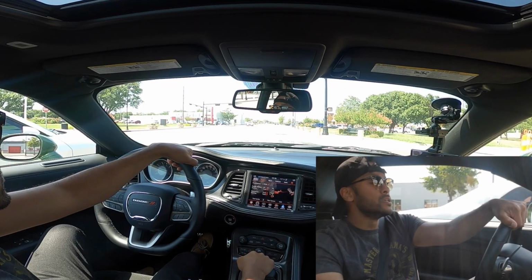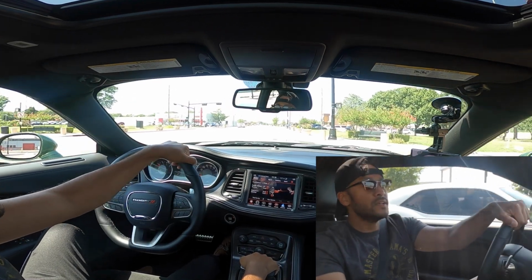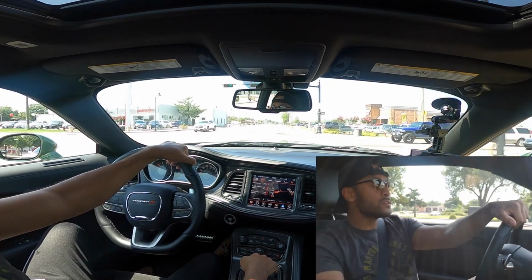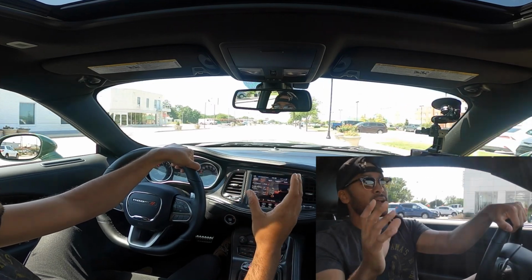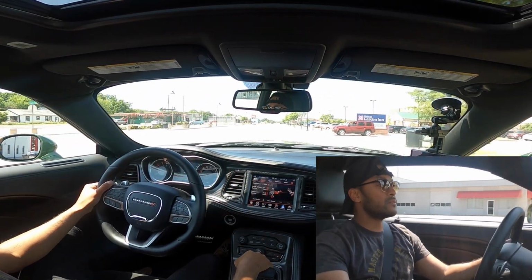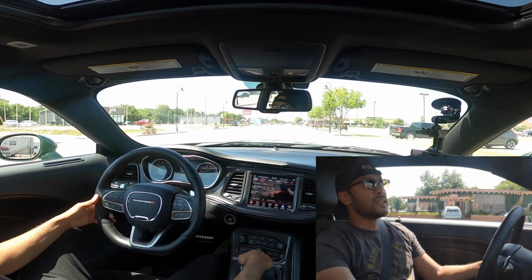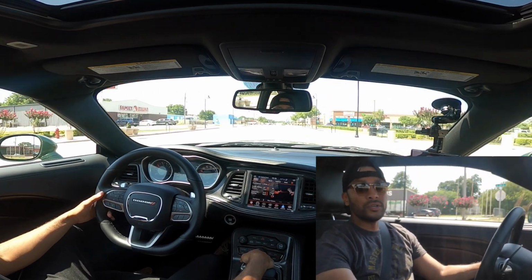Number 3, so with this wider vehicle, we do have the wider fender flares. These wider fender flares house wider tires, and these wider tires do kick up rocks and dust and dirt into the side of the vehicle. I do wish very much that the wide body Scat Pack package also included